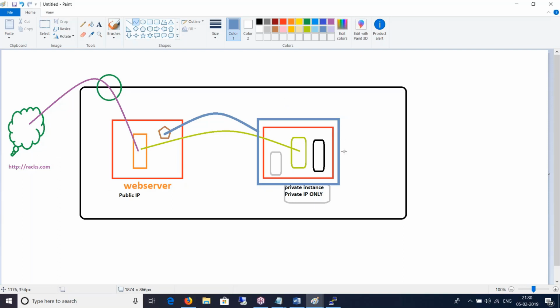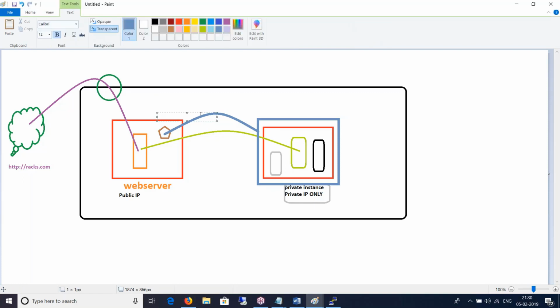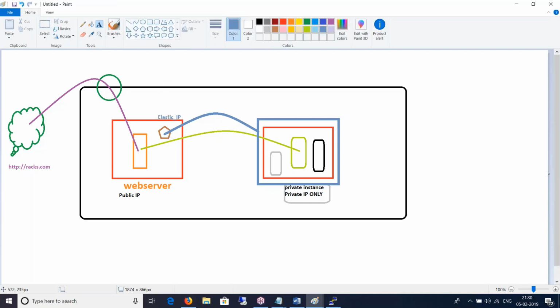My private subnet, I'm calling it a private subnet because all the instances that are there in the private subnet have a private IP, and hence I'm just giving it a hypothetical name called private subnet. I'm assigning this private subnet to the NAT gateway, and I will give a public IP, probably an elastic IP, to this.